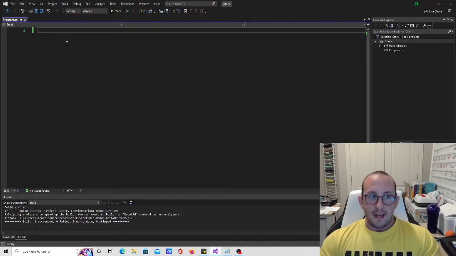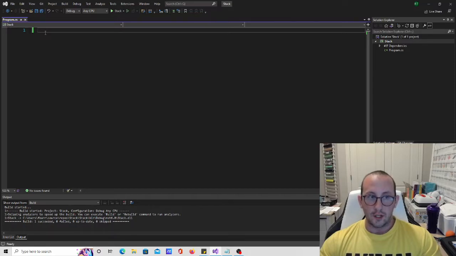So basically a stack is very much like a tower of blocks. You're going to be putting objects on top of each other and only really being able to grab the top one or see the top one. So it is first in, last out. Compared to a queue, which is first in, first out,